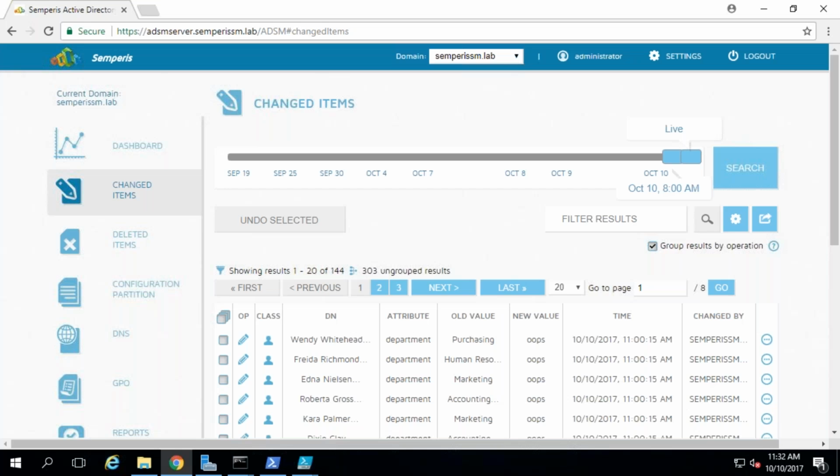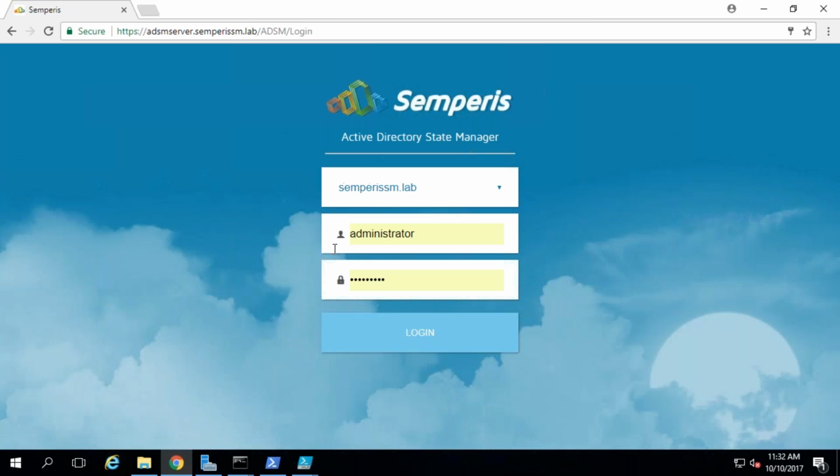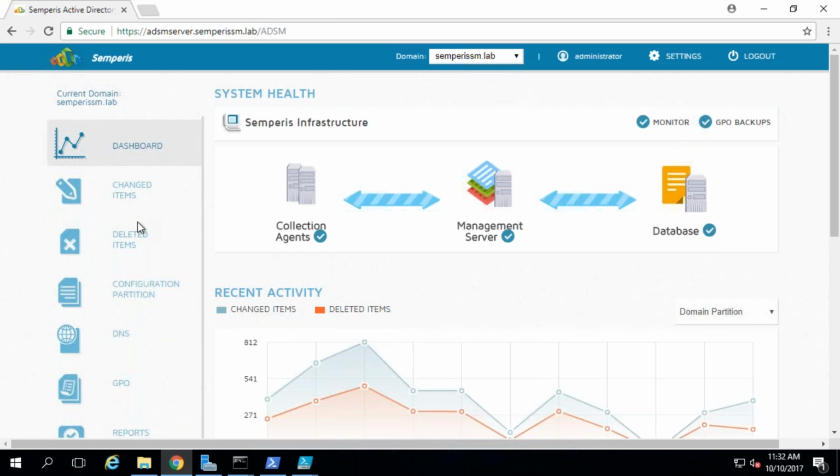And I'm just going to pop out of my slideshow mode and drop into ADSM, and it's probably logged me out because I wasn't active. So let me go ahead and log back in. So what you see on the screen is the Active Directory State Manager, and what I have here is a